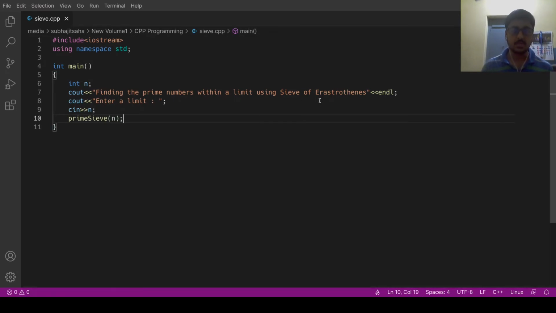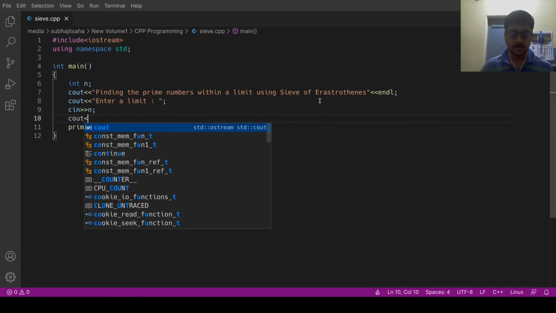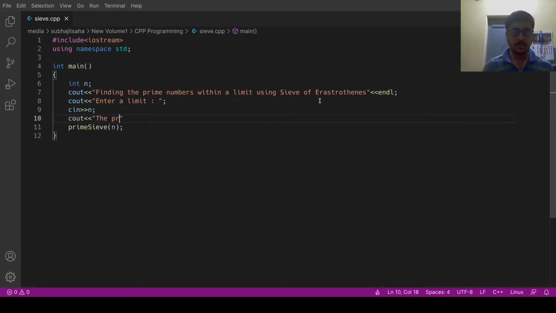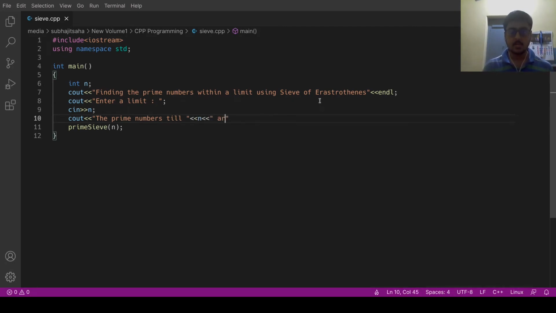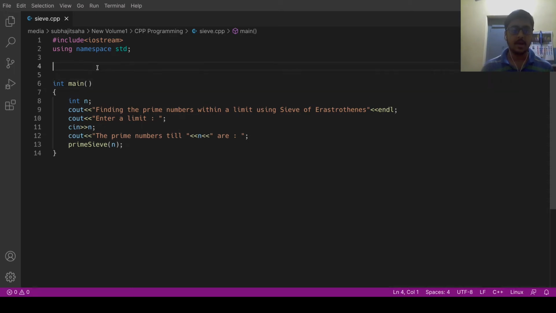Okay, so this is the function through which I'll be implementing the logic, and I have to display with cout the prime numbers till n are. Okay, so this is the display, and before main I'll be defining the primeSieve function, which is void primeSieve int n.